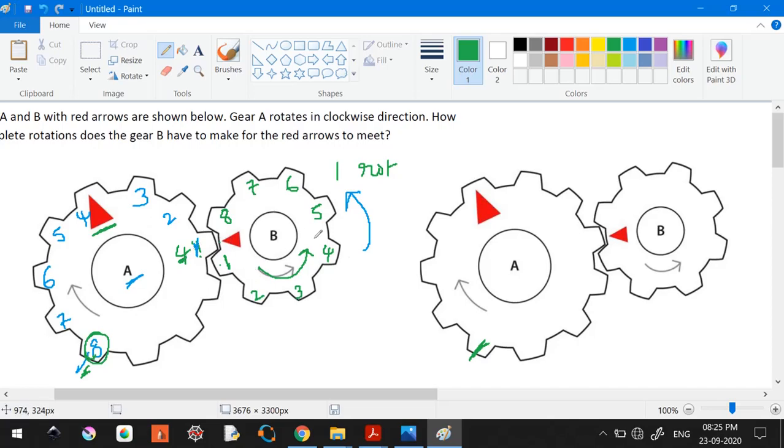So in the next rotation, after B rotates again, what is happening? The tooth next to it is going to be 1. You're getting me, right? Because this particular section is right now here after one rotation. So the one immediately after this is going to be this one. You got this, right? Because this is rotating in this direction. So I hope you understood this. So let's do one thing. Instead of putting this 1, I'll make it simpler.